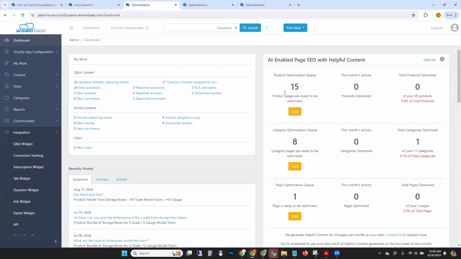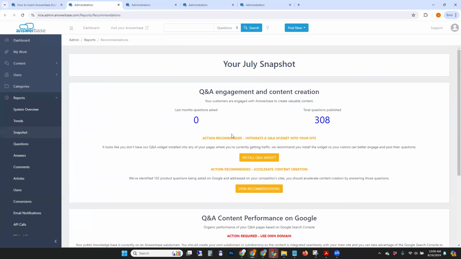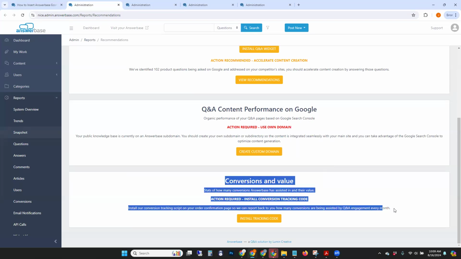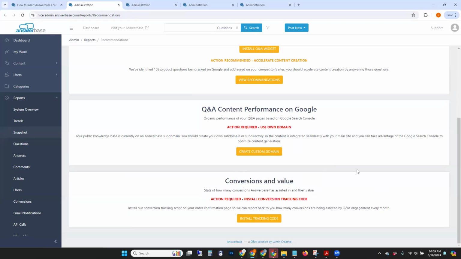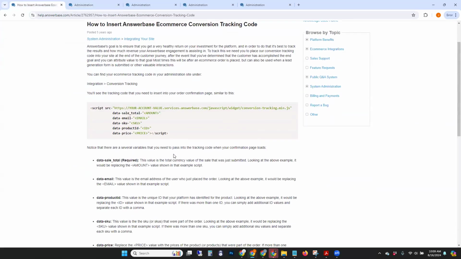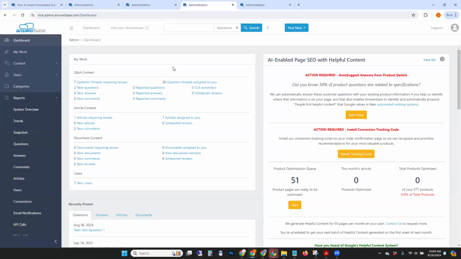also allows us to understand what products are most valuable to you. Many e-commerce merchants have large product libraries, so we want to be able to hone in and focus on which ones to recommend optimizations for, which categories are their bread and butter that we can recommend optimizations for. So the conversion tracking allows us to do all of this and be able to connect the content with real monetary value here. So you'll have documentation that goes over this in your administration site